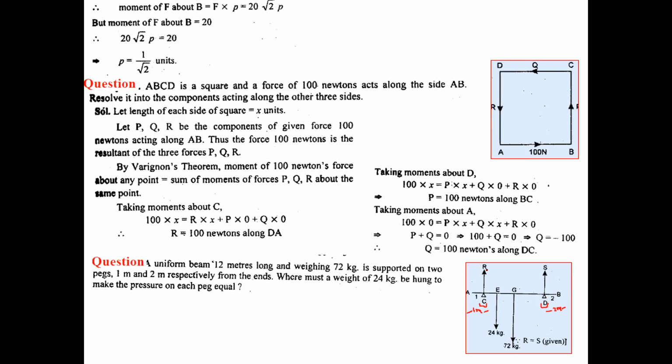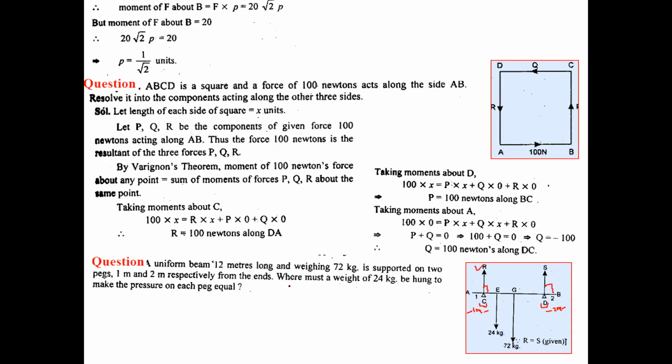So now what will be the forces? Because this is on a peg, there will be a reaction by the rod which is perpendicular to the beam. The reaction of the beam which is perpendicular to the beam is also called the normal reaction. Whenever we make supports, in the case of a rod or a beam, the reaction is always normal to the beam. So R is perpendicular to the beam and S is perpendicular to the beam.